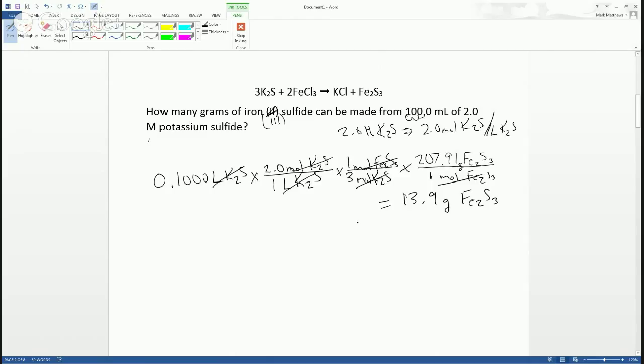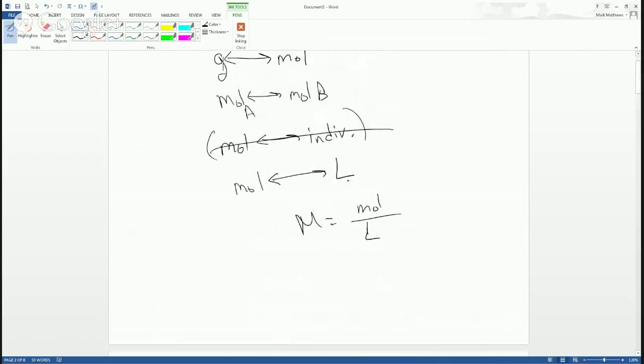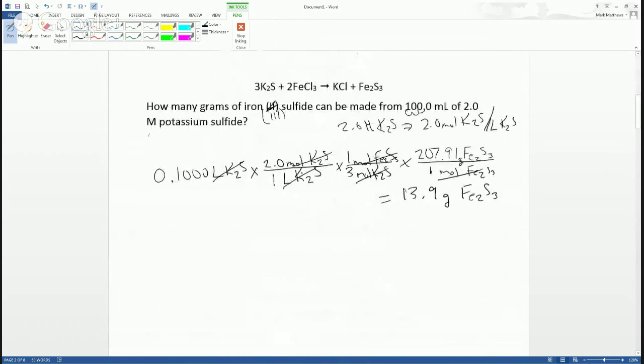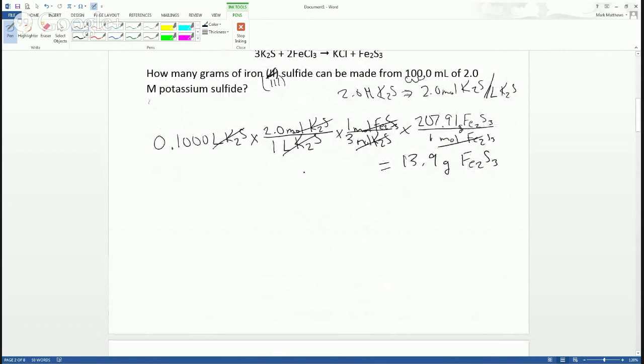So, like I said, you compare this to any stoichiometry problems you did prior, the gram to gram type of stoichiometry. It's the exact same type of calculation. We've just added a new conversion factor to the mix. This mole to liter type of conversion. So now we're up to 3 different types of conversions. But other than that, if you compare that to any stoichiometry calculation we looked at before,